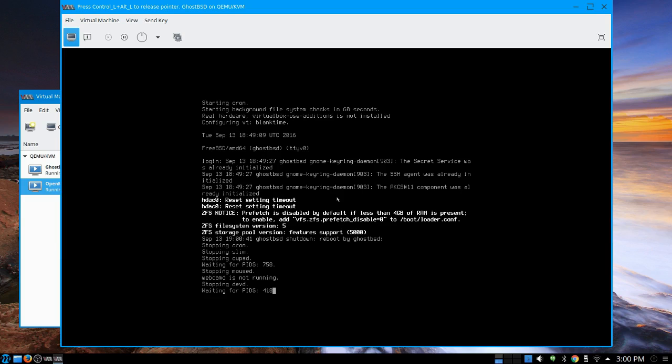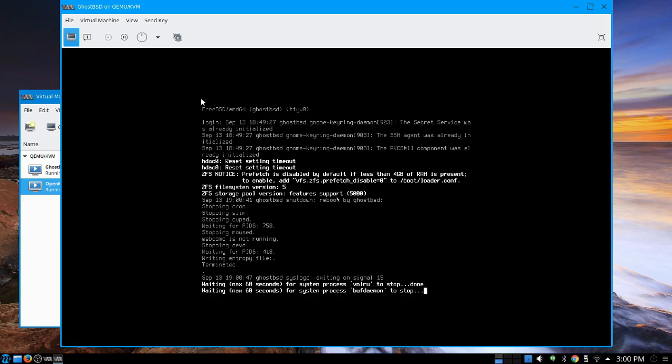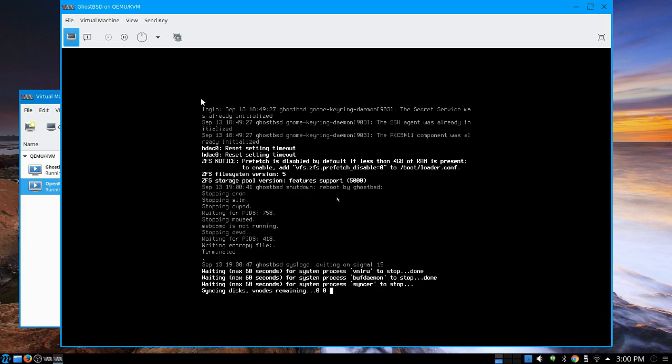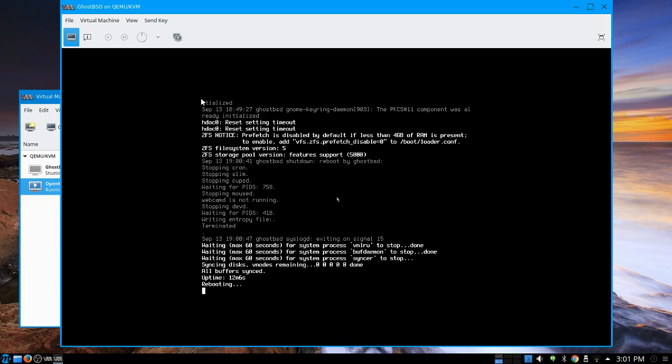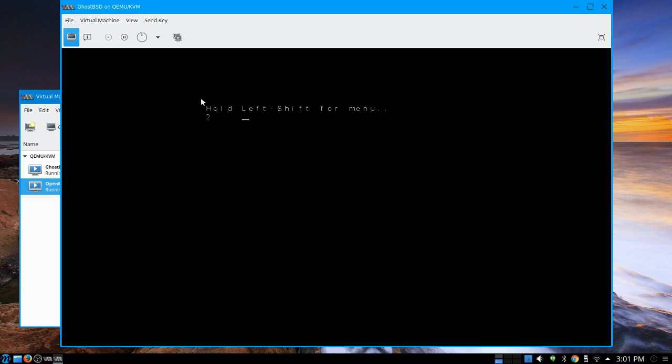And now we've got our old text screen there. I do love those old text screens. Sometimes I get a little bit scared when something is booting or shutting down, and all I see is a graphical thing on the screen that just sits there. It looks nice, but I don't know that it's actually doing anything. I just have to wait until it actually comes up to believe that something has happened. So there we go. The hypervisor is done. We're not going to hold the left key.